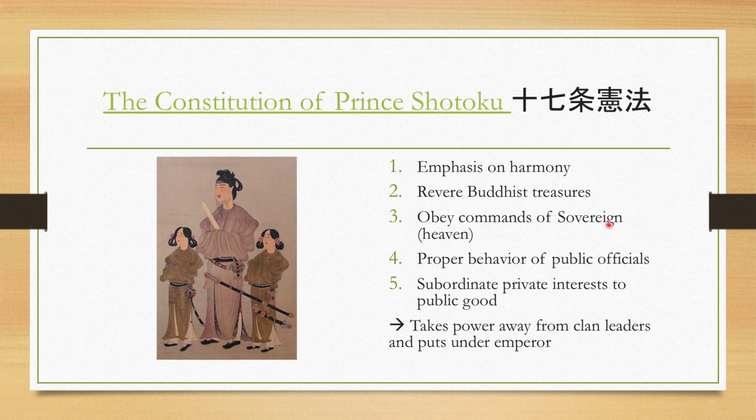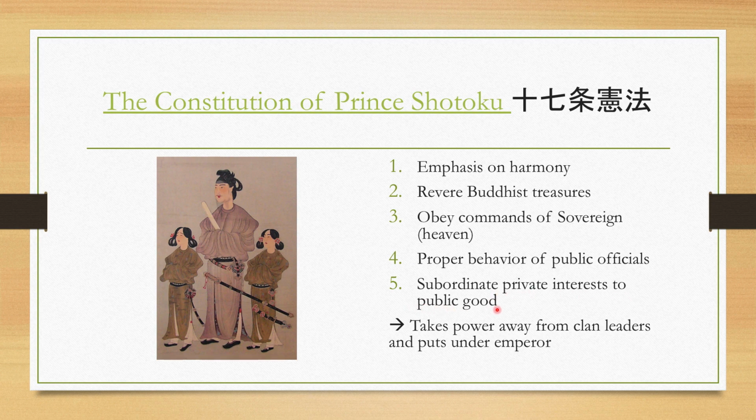And then obeying the commands of the sovereign of heaven. Now, this is kind of like a sovereign ruler comparing the sovereign to heaven, basically. And there's strong overtones here of connections to the Chinese understanding of the role of the ruler and the ruled. There was one about the proper behavior of public officials, and then the subordination of private interests to the public